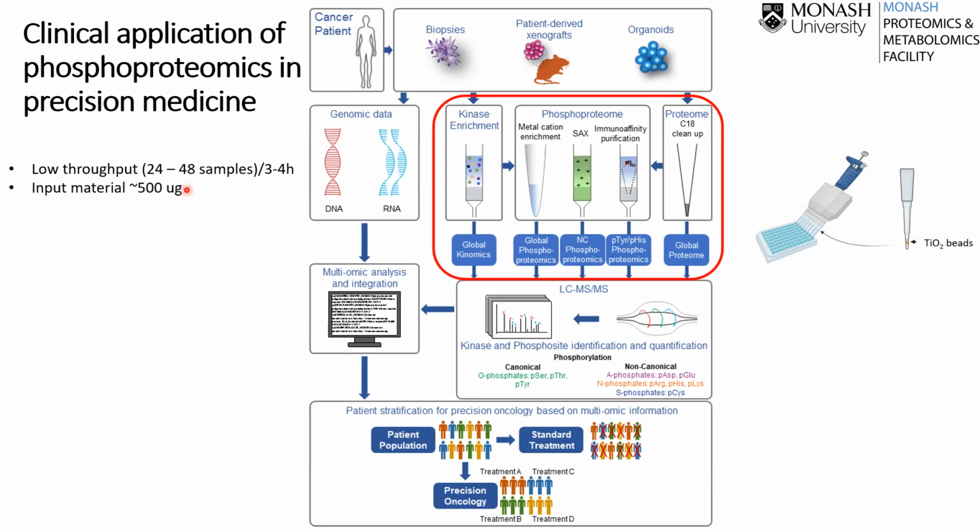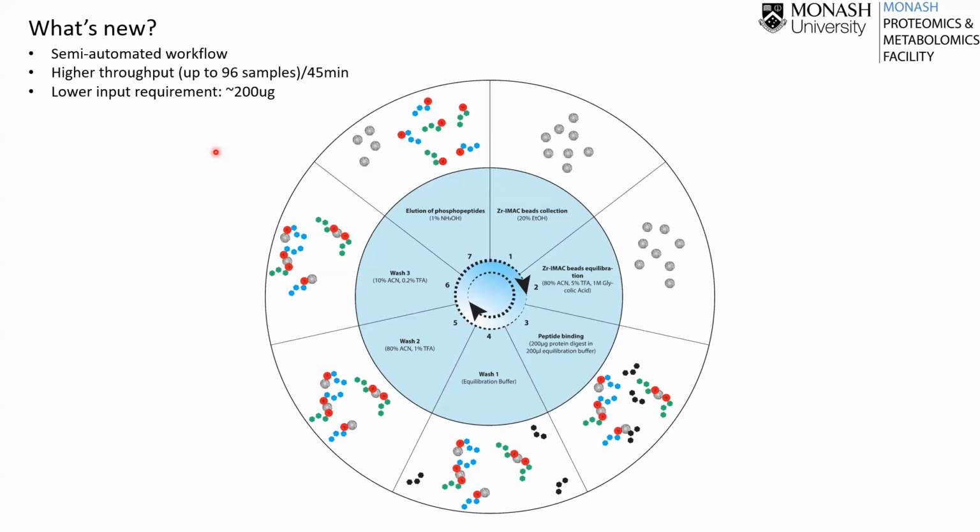With all the clinical samples nowadays, each experiment might come with a few hundred samples, so this workflow starts to become a bottleneck. With all this in mind, we recently developed a semi-automated workflow